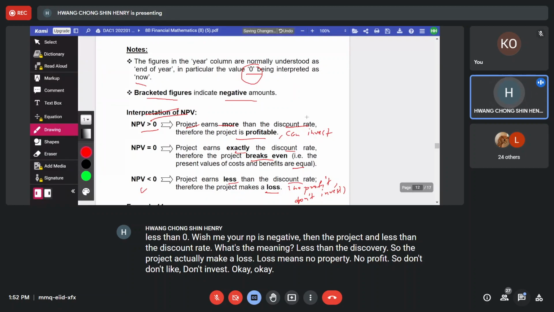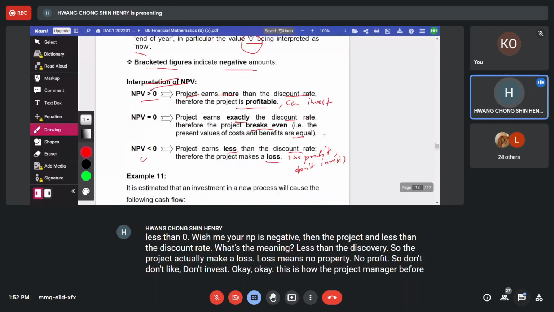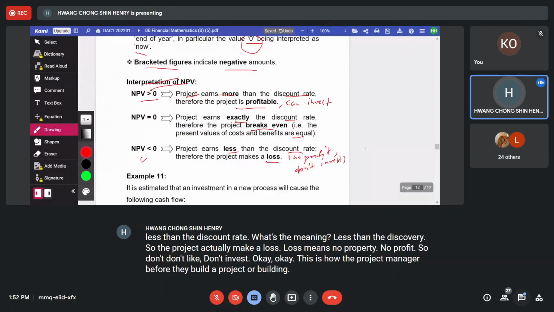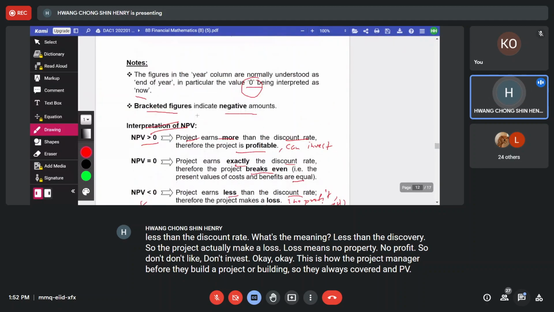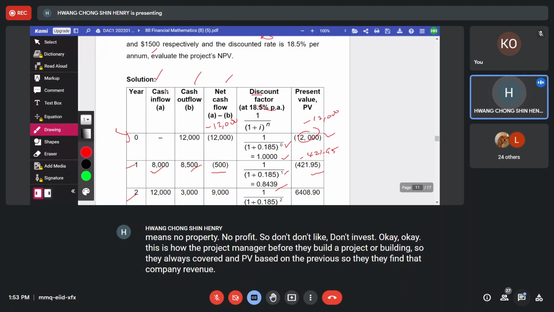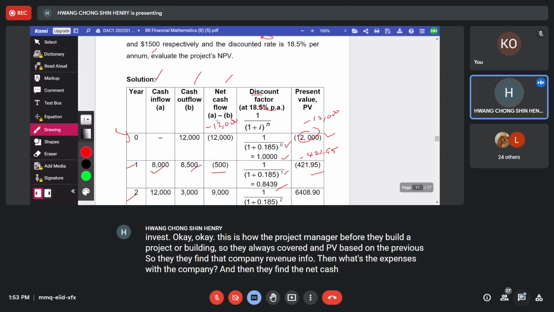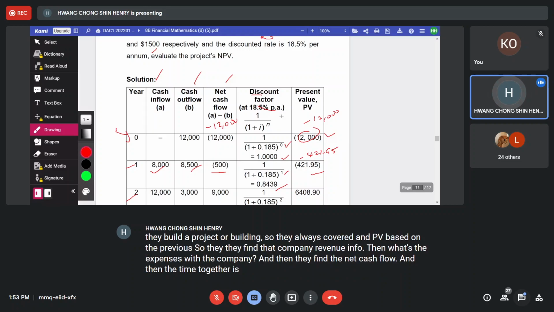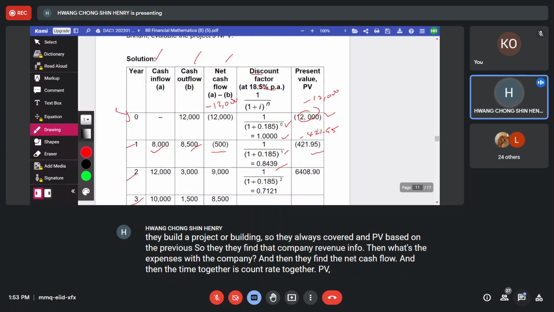This is how the project manager, before they build a project or build a building and so on, always calculate the NPV based on a few years. So they find the company revenue, inflow, then the expenses of the company, and then they find the net cash flow, and then they times with the discount rate to get the PV for a few years,